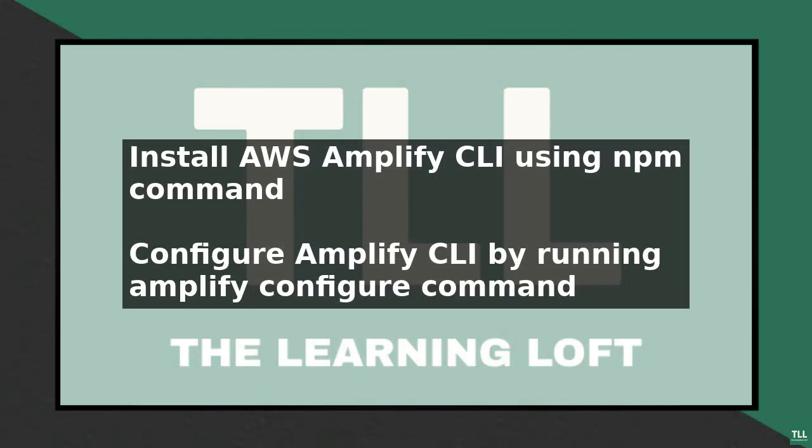To set up an AWS Amplify GraphQL API, start by installing the AWS Amplify CLI and configuring your AWS account. First, install the AWS Amplify CLI using npm by running the command npm install -g @aws-amplify/cli. Then, configure the Amplify CLI by running the command amplify configure and following the prompts to set up your AWS